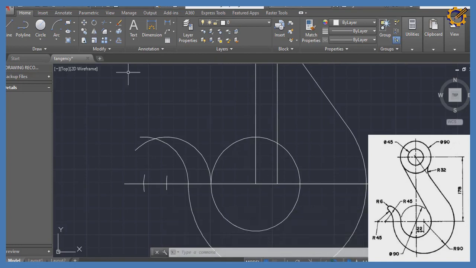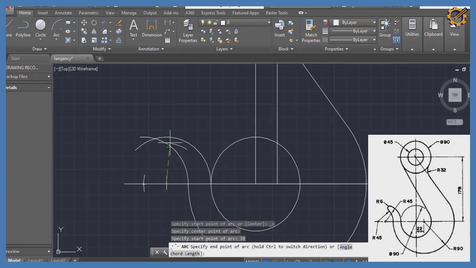All right, so I'm going to pick my arc, start, center and end likewise. From this area is the midpoint for this arc at the top here, and over there it is an internal arc. That arc right there is an internal arc, so which means 45 minus 6. Okay, 45 minus 6, that is 39. So standing right at this midpoint, coming right here, I press 39, enter, then I draw this